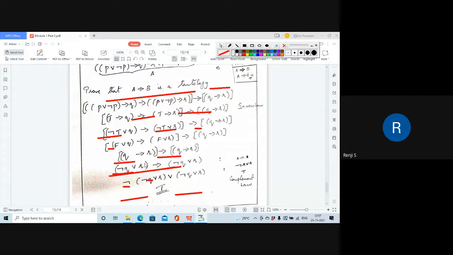That is, here both A are the same. So you get not A or A. Then A is not Q or R, isn't it? Not Q or R. And here we have not A. This compound proposition is considered as A here, and here not A or A. Using this formula, not A or A, it is of this form. So not A or A is true. So finally, we get this statement to be true.